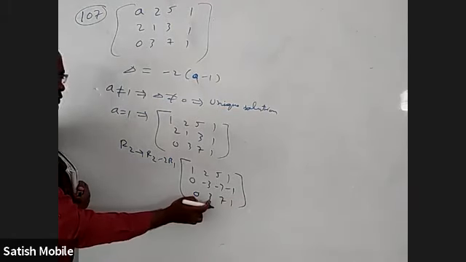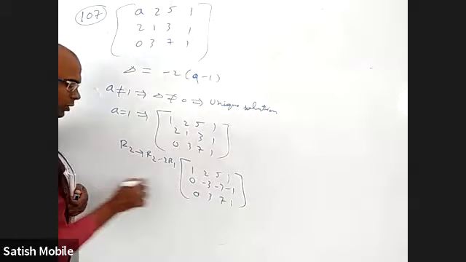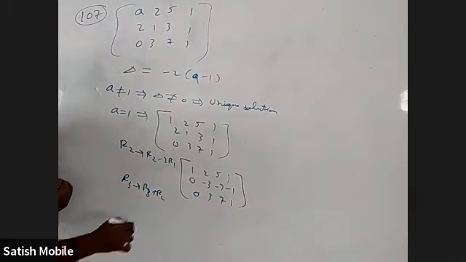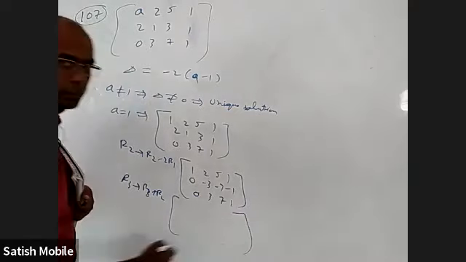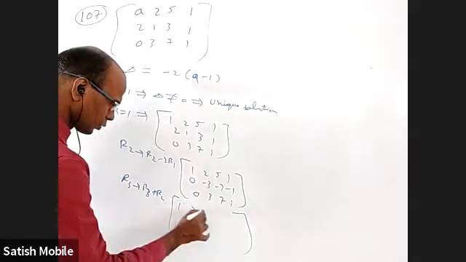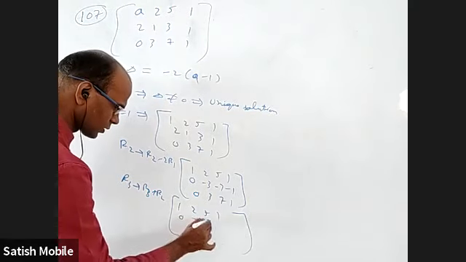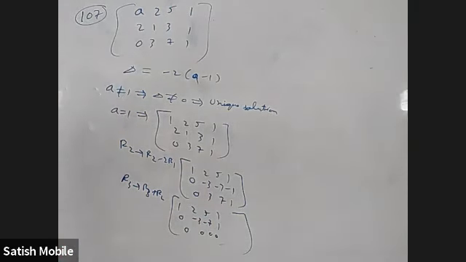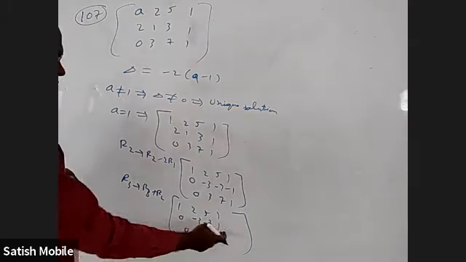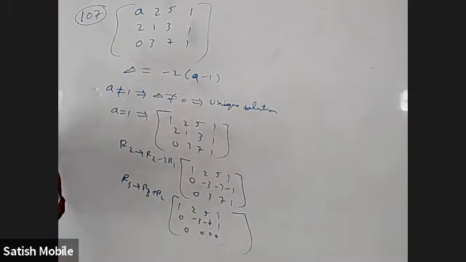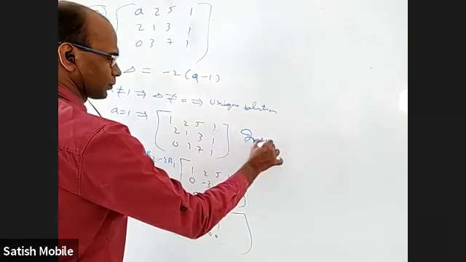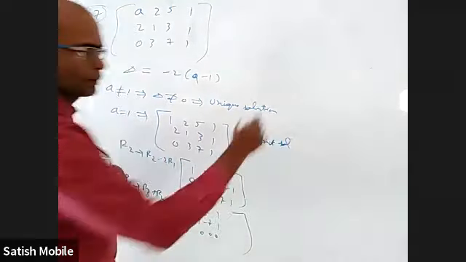Now I want to convert this into 0. Ultimately, this is becoming 0. R3 as R3 plus R2. 1, 2, 5, 1, 0, minus 3, minus 7, 1, 0, 0, 0. Obviously, infinite solutions. You can take Z as K, get Y in terms of K if required. So it is infinite solution. So here no solution case is not there. Infinite solutions.